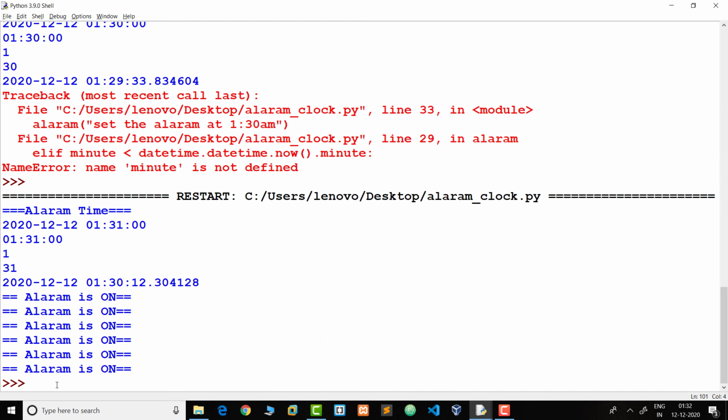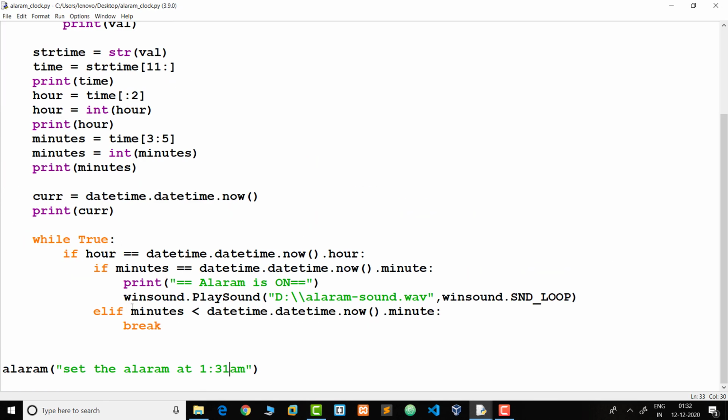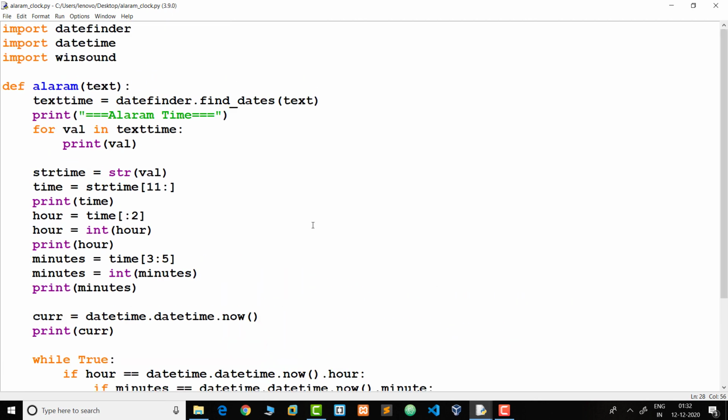So if you have any other MP3 file, any song file, then convert this file into wave and use this wave file in our program, because this winsound module only uses the .wav file. It does not consider the .mp3 file. Okay, so this is my application.